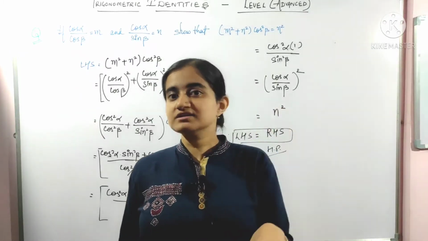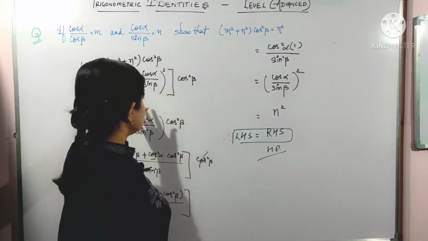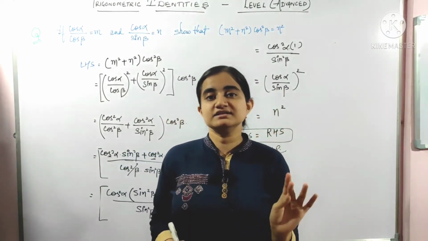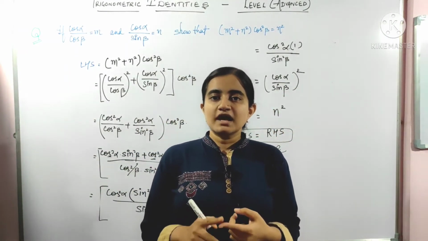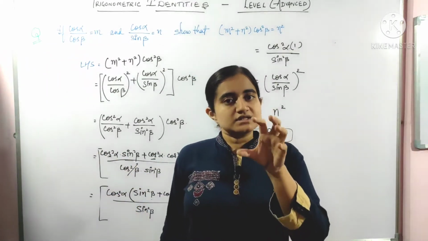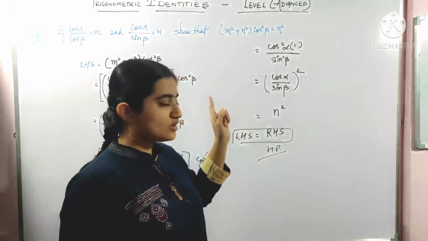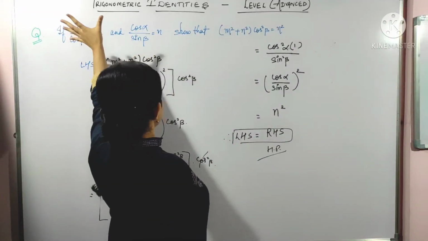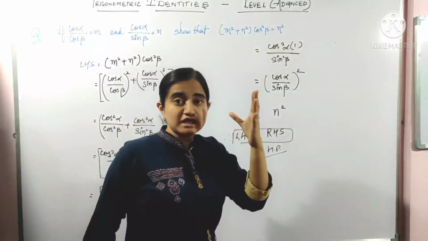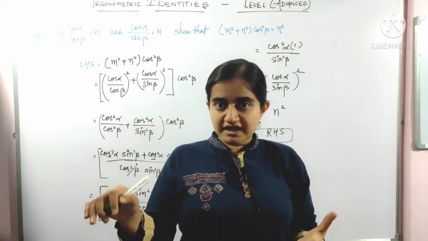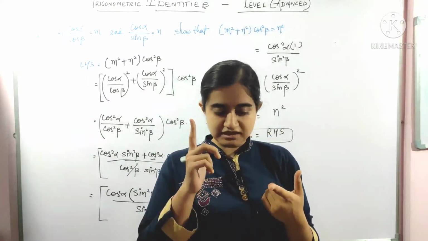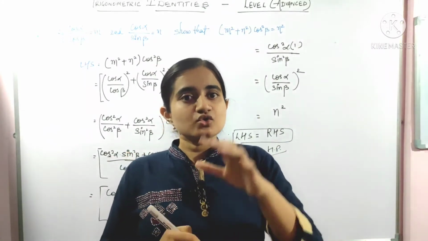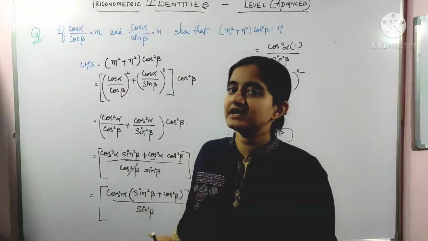We are doing the advanced level, but still we can see that these questions are easy. Why is it easy? Because you have practiced medium and easy level. If you do not do that level and you come directly to this level, you will face a little bit of difficulty. Because in other videos which I have published earlier, you know that we have to move from this part to this part, we have to set an aim, we have to proceed to the aim. What if we get a deadlock? What do we have to do? We have to either think of an identity or an algebraic expression, or we should do some adjustments there. So you have gone through that. That's why you are feeling that this part is easy.